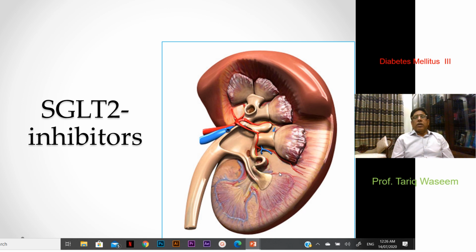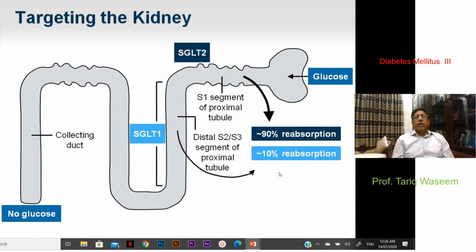Talk of the town, or what we can say is in the last decade the most remarkable discovery or intervention in diabetes is the development of these SGLT2 inhibitors. Now this SGLT2 is an enzyme which is released from the proximal convoluted tubules. So when